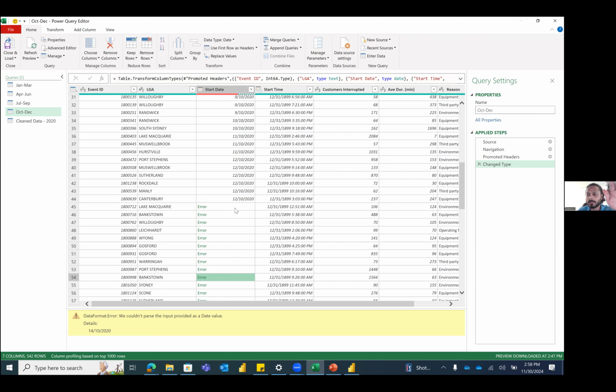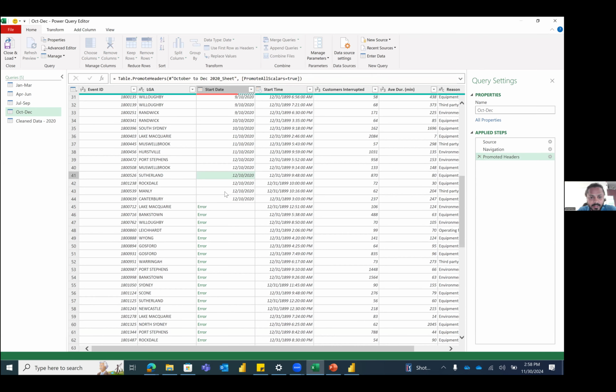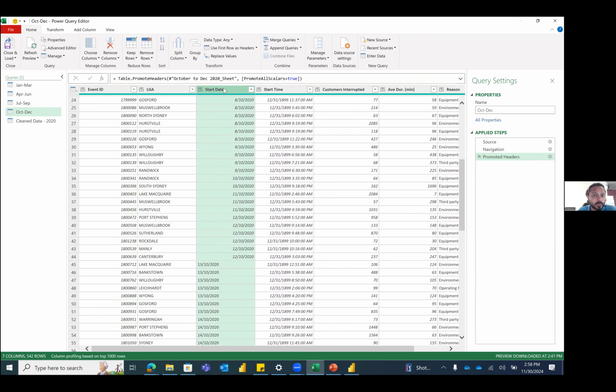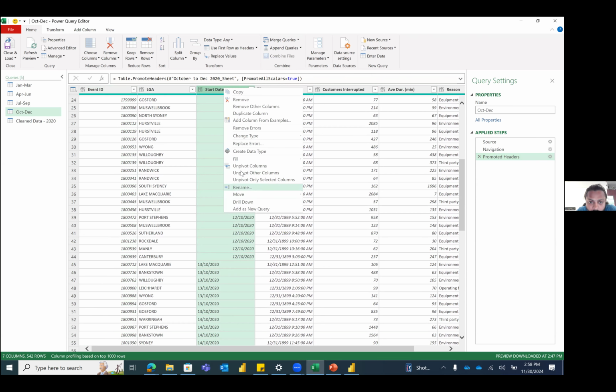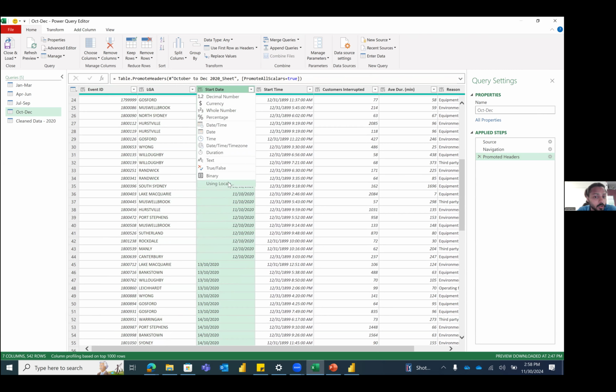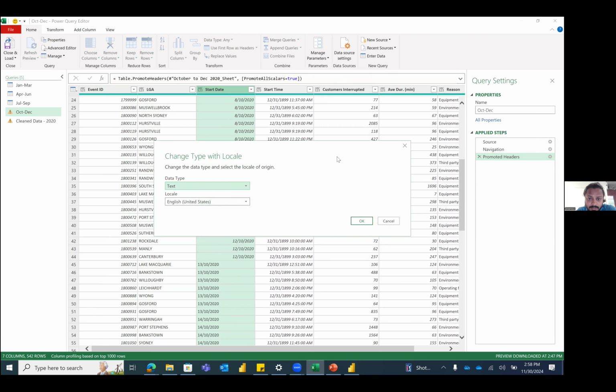Absolutely bang on, whatever you said is absolutely a big problem. For example, in India, we are working as DDMMYY, and in the US, it is, let's say, month and then date. Let me just delete this. Currently it is showing me like this, right? So what I'll do is right click and, sorry, in data types, we will use locale. If we are using locale and make it United States,